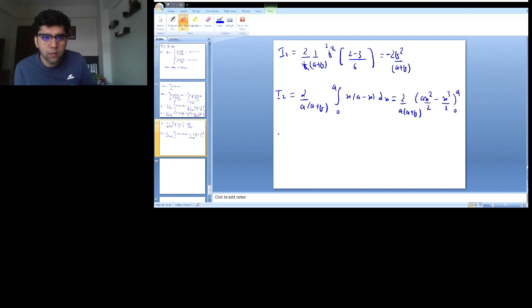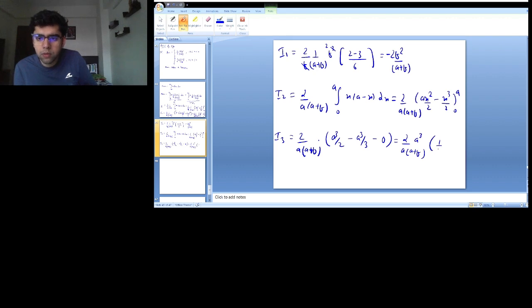After integrating, this gives me I2 is equal to 2 upon a plus b, so this will become a. Putting in a first, this gives me a cube by 2 minus a cube by 3, minus 0, putting in 0 in place of x. Now this gives me 2 upon a plus b, and the product of this. So 2 upon a plus b, taking out a cube common, this gives me 1 by 2